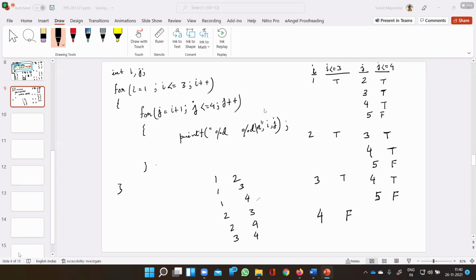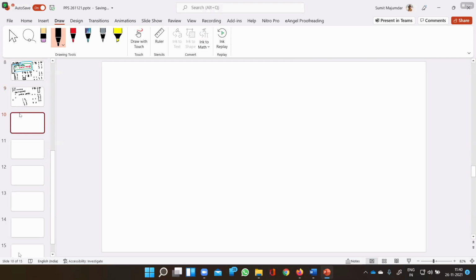Thank you. Now, hopefully you have understood why we are getting this output. Now, let us see how the continue and break statements affect a nested loop situation. For this, let me start with the two variables i and j.